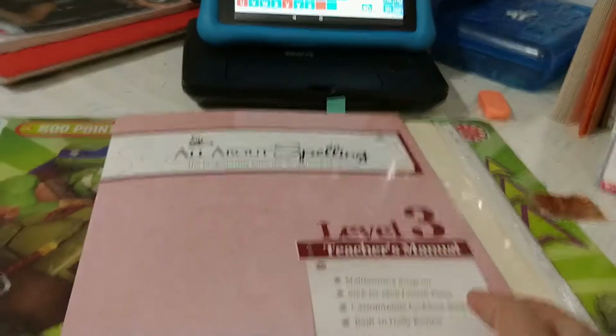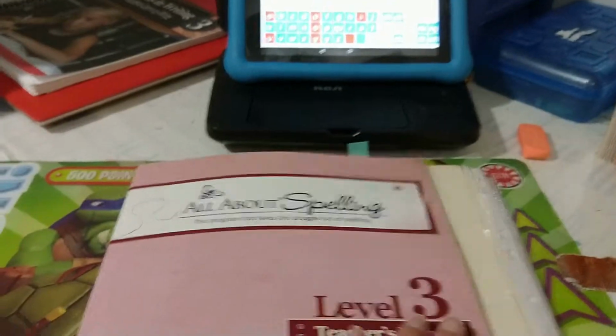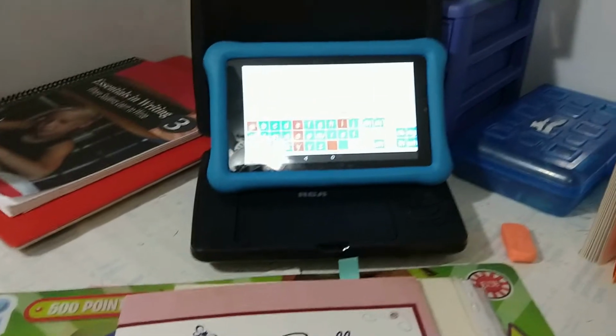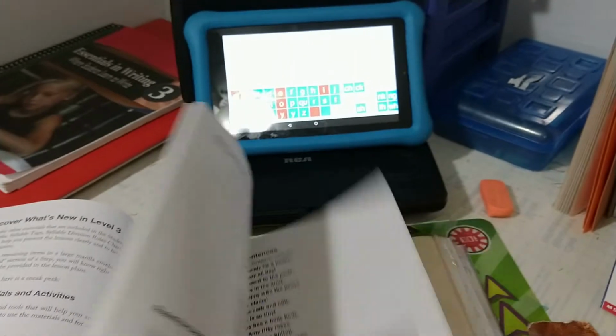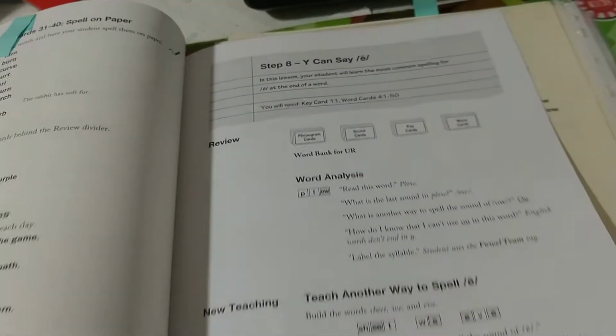All right, so All About Spelling, we do it every day or at least 4 times a week, and that's with my 3rd grader. With my 1st grader, I only do it 2 to 3 times a week. And in 3rd grade, sometimes we're able to finish 1 lesson. Sometimes we have to split the lesson in 2 because, let's go and look. Sometimes, for example,